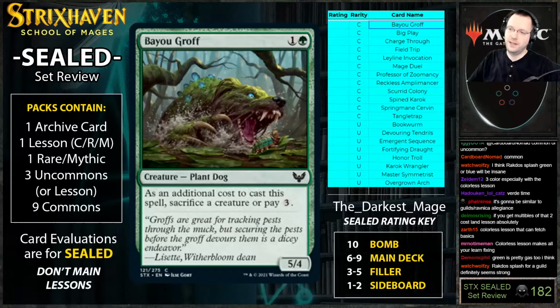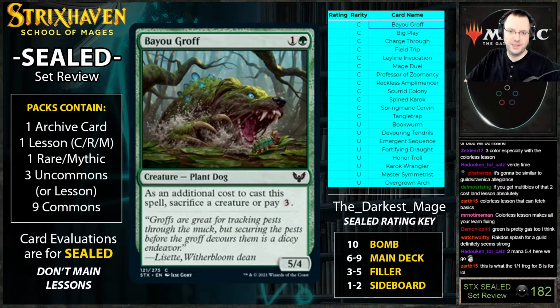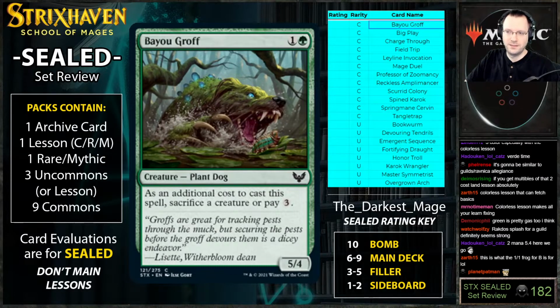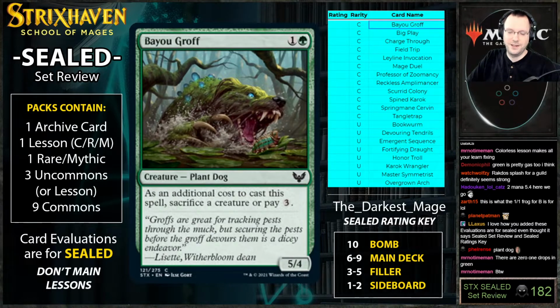All right, we got green commons and uncommons here. Our first one, Bayou Groff, Plant Dog. As additional cost to cast a spell, sacrifice a creature or pay 3. So it's like a 5 mana 5/4 that you could...